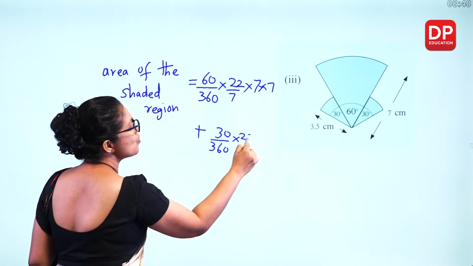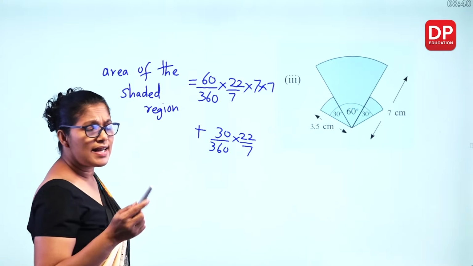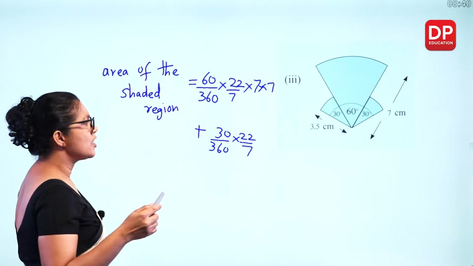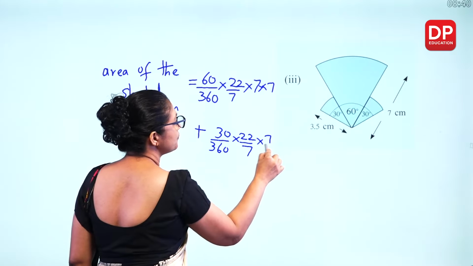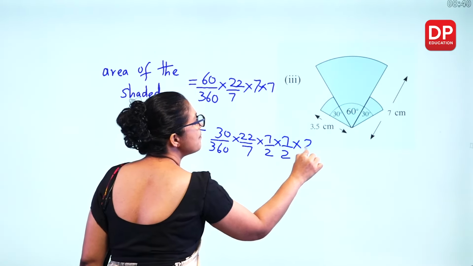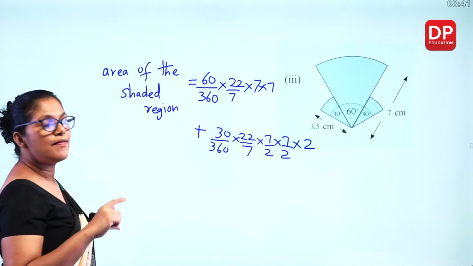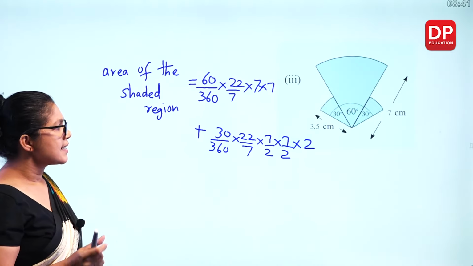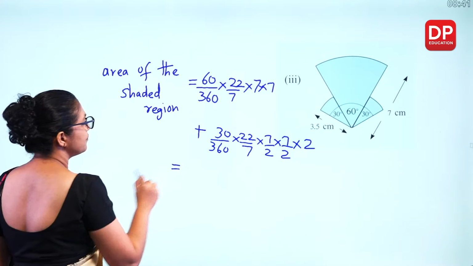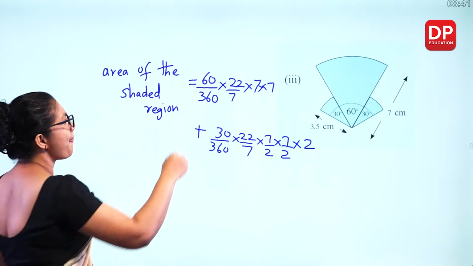Pi is 22 over 7. The radius is 3.5. I can write as 7 over 2. And I can multiply this by 2. Why? There are two